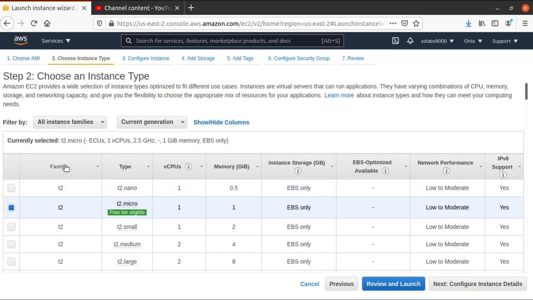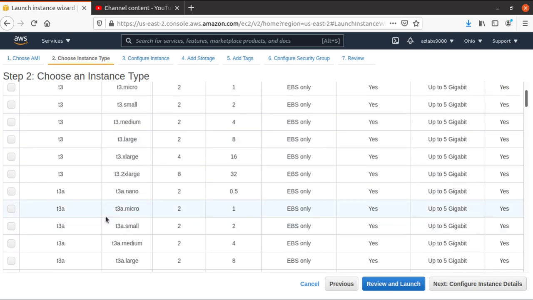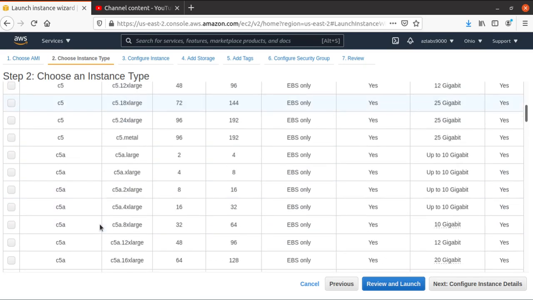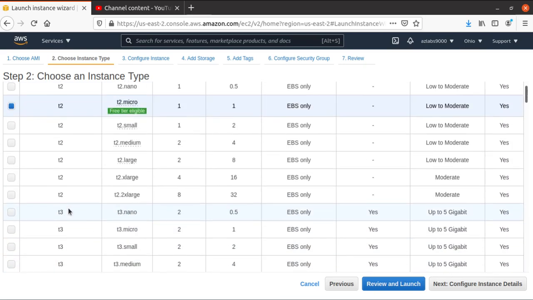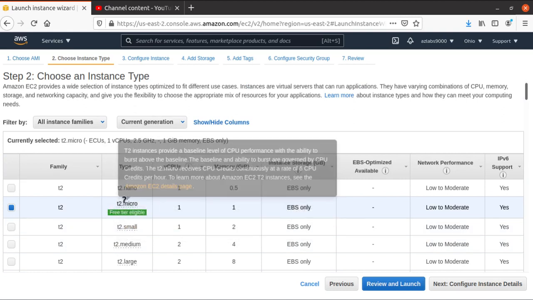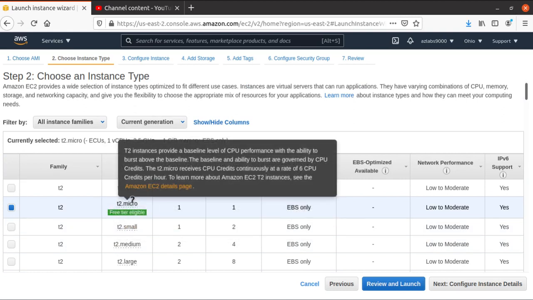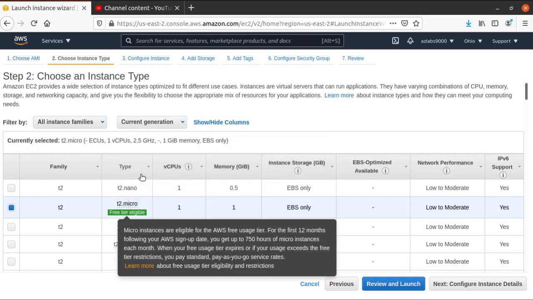here on the first column you have the family. What is the family? T2 is a second generation. T1 would be the first generation. So I see this T3 is the third generation and all of that stuff, 5th generation. And it's a little cryptic, but micro is the one most of the time. This is the baseline level of CPU performance with the ability to burst above